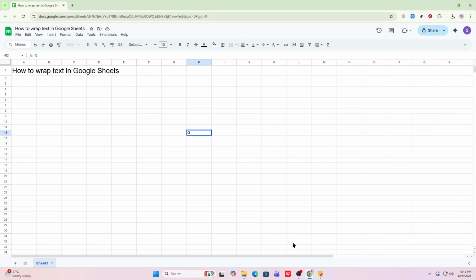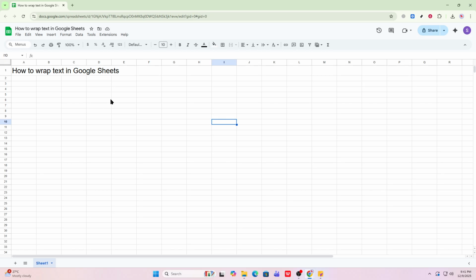In today's video, I'm going to teach you wrapping text in Google Sheets. If you've ever had a long sentence spill across multiple cells or get cut off, text wrapping is the simple fix that makes everything easy to read without changing your data. Wrapping automatically breaks long content onto new lines inside the same cell and adjusts the row height so all of